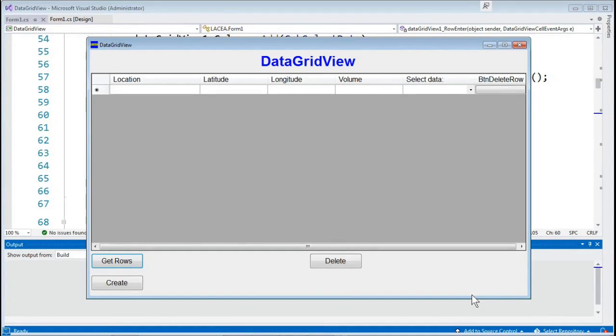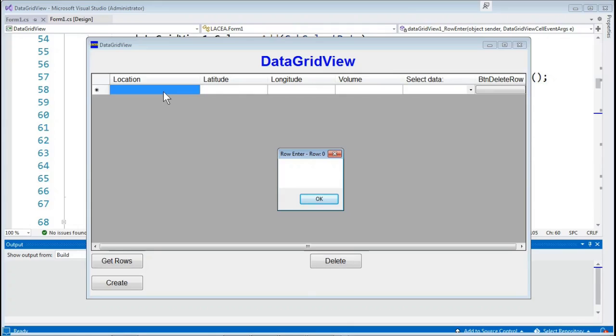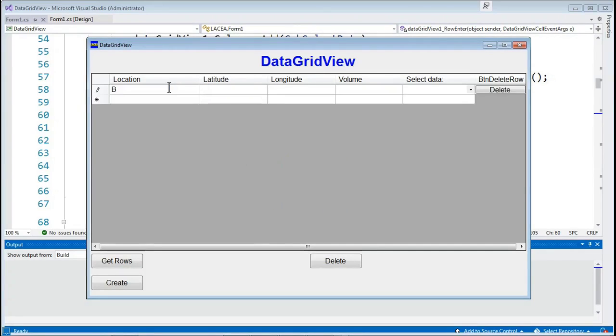Let us add a row. For example, in the first row, I left click it and you notice that there is a message box that appears as a feedback whenever I click that column, and it triggers, the CPU triggers to run the row enter event handler of the data grid view. And then the message box is empty because it has no yet values in it. So I click the OK button and then type a value, for example, Busla Onion,